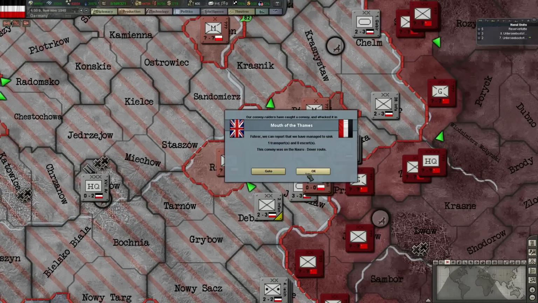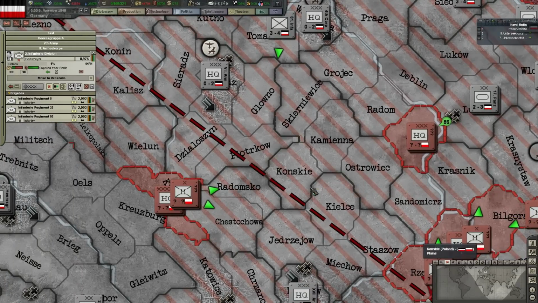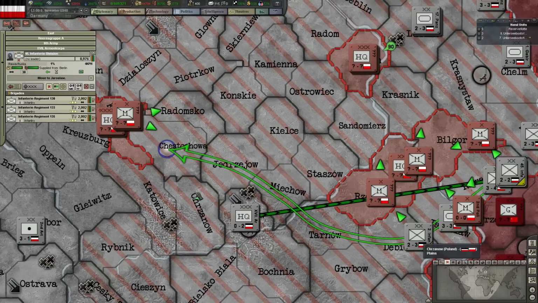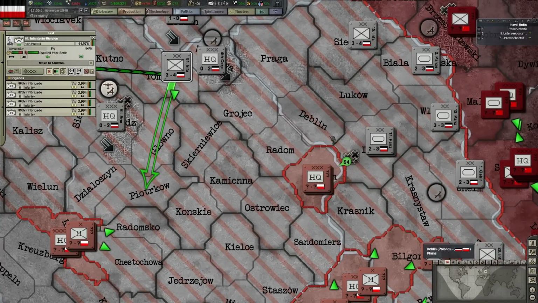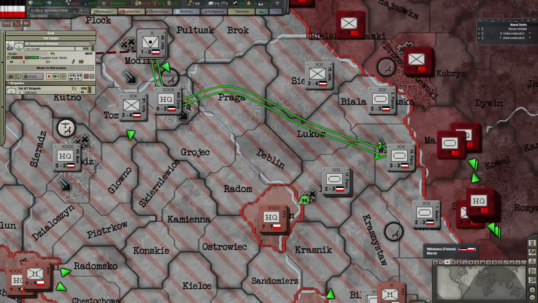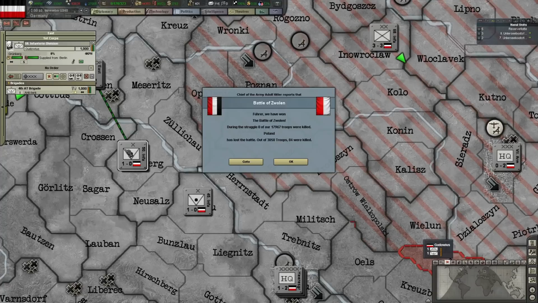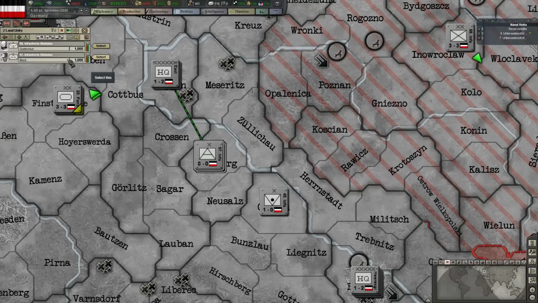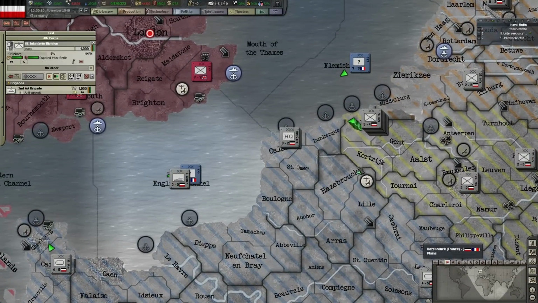So we've won that battle. Not exactly unexpected. So these guys are going to run into a lot of trouble. Let's see. But they're continuing to do their thing, which is just what we want. Move that anti-tank brigade into there, I think. We'll remove them from there. What I will do is I will move the 2nd AA Brigade into